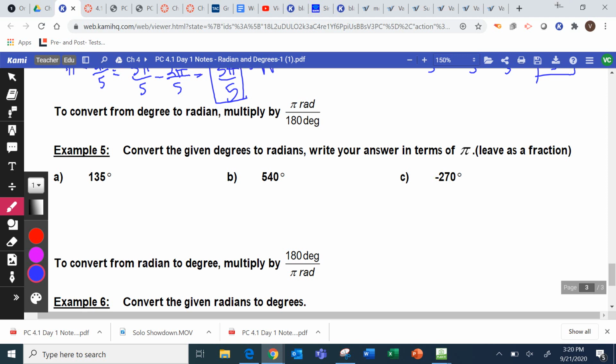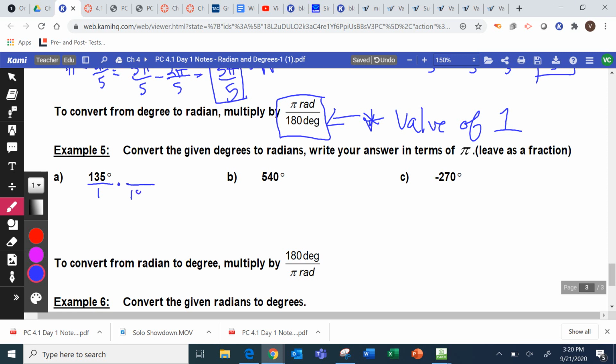So to convert, you are going to multiply by a value of 1, so it does not affect the value of 135 degrees. But what it's going to do is change the units. So we're just converting our units. Right now I have units of degrees. To convert it so it's not degrees anymore, you have to divide by degrees, and we want to divide by degrees and multiply